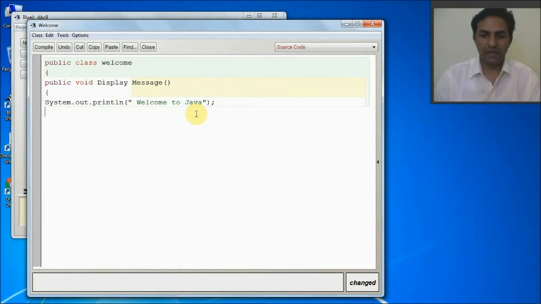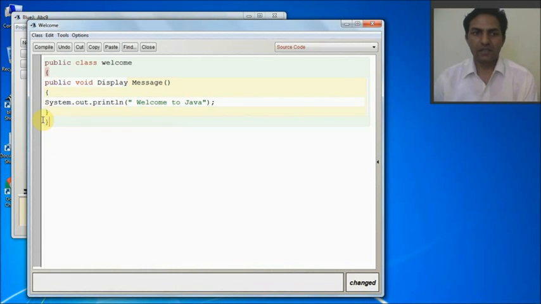Again I'll press one enter key, close curly braces, again enter key, close the second curly brace. This one is last and this one is for this. Now my program is ready to compile. So what I'll do, I'll click on compile, and after some time it will show if any error is there. Yes, so it is asking for this one.